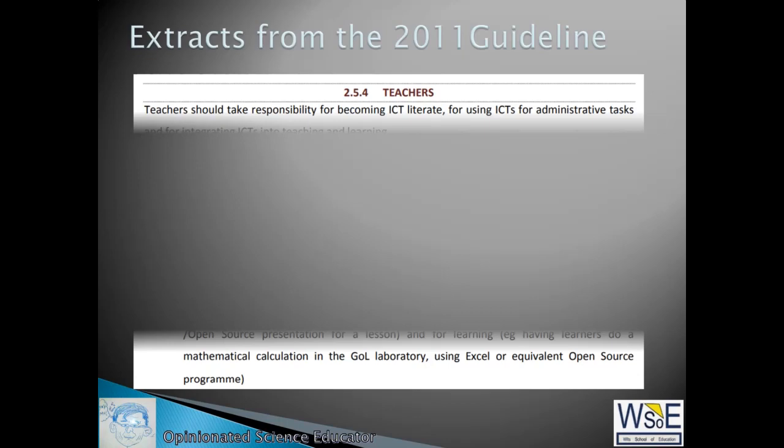Now, according to the DA Shadow MEC of Education, Khume Ramulifho, students need to have these skills after secondary school. So he thinks that it's good because it develops skills for future employment. He raised concerns about the safety of devices, saying that criminals are now targeting schools. And he emphasized it was important to have an effective and proper strategy in terms of its long-term rollout. And he also stated that we need more training for teachers so that they know how to maximize these tools in teaching and learning.